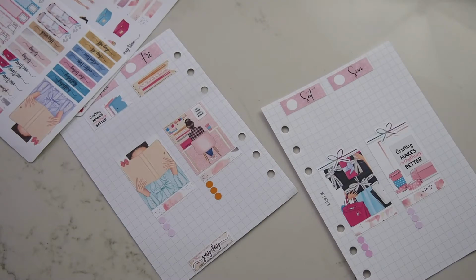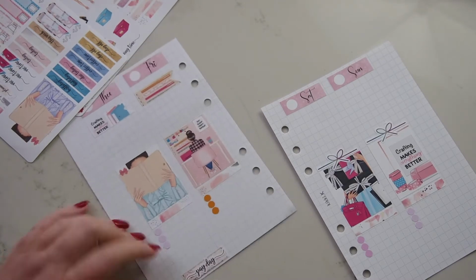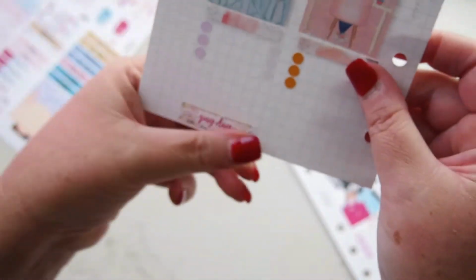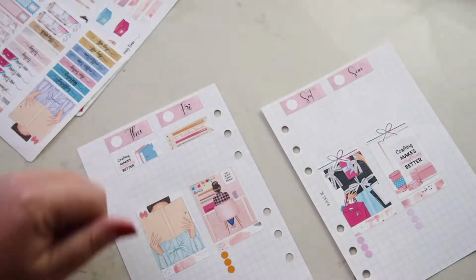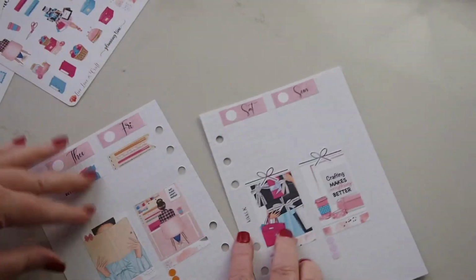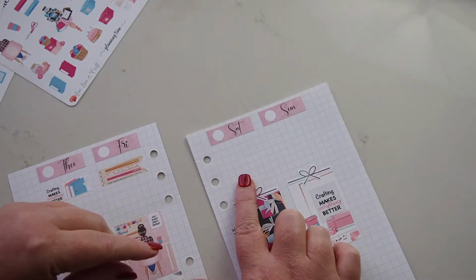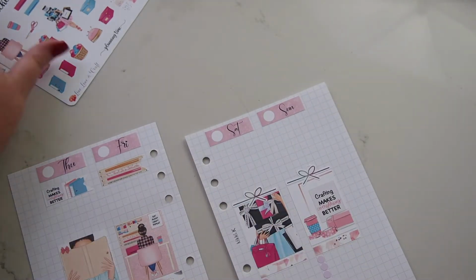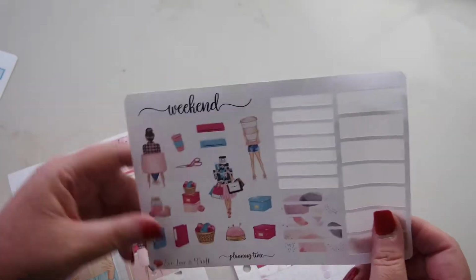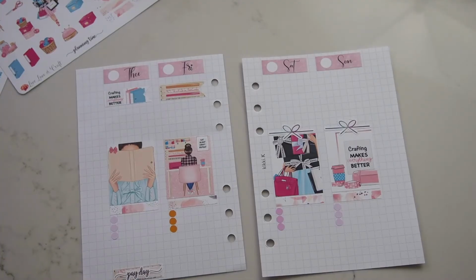Sorry about that, not quite sure where we cut off, but I was just grabbing this super cute hot pink foil payday sticker, and I put it on a box there at the bottom because it's payday on Thursday. So now on Saturday we have Planner Day, so I think one of these, actually no, okay,